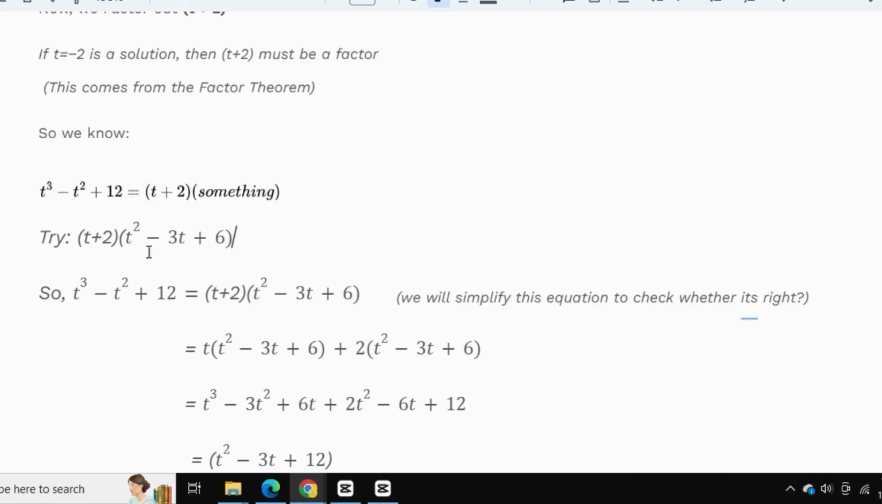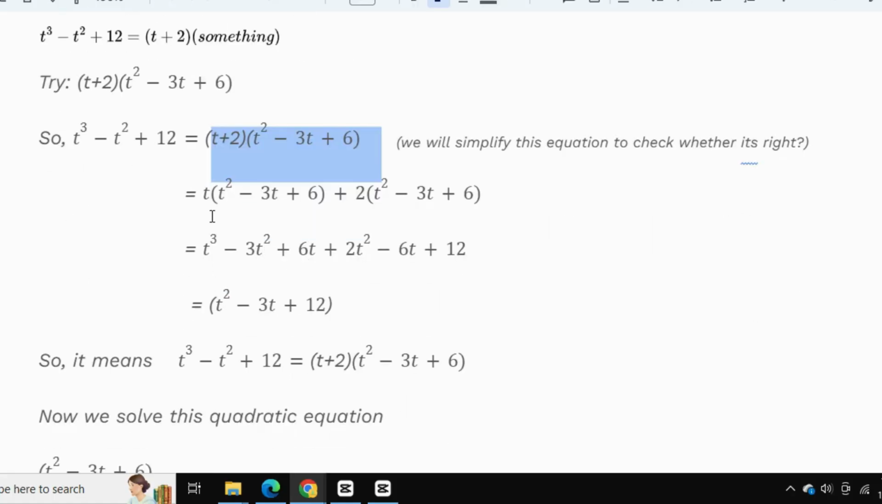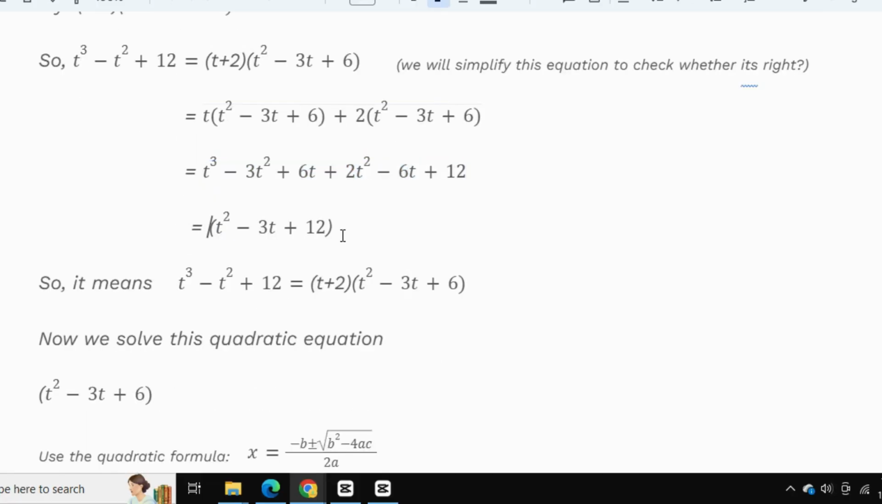Try t plus 2 times t squared minus 3t plus 6. We will simplify this equation to check whether it's right. So we have the exact same equation. So it means